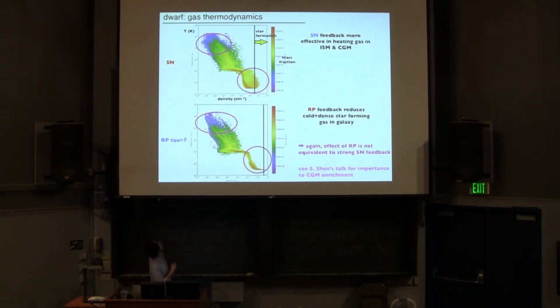You can see in the distribution in the temperature-density plane that the model with radiation pressure is depleting the amount of cold star-forming gas here, although we still have some low levels of star formation. Most of this gas is moving here into the intermediate regime, and so we don't have as much hot gas as in the case with supernova feedback. This might be very important for what the properties of the CGM look like in absorption. So again, I'd like to stress that it's very different to include the feedback in the form of pressure.